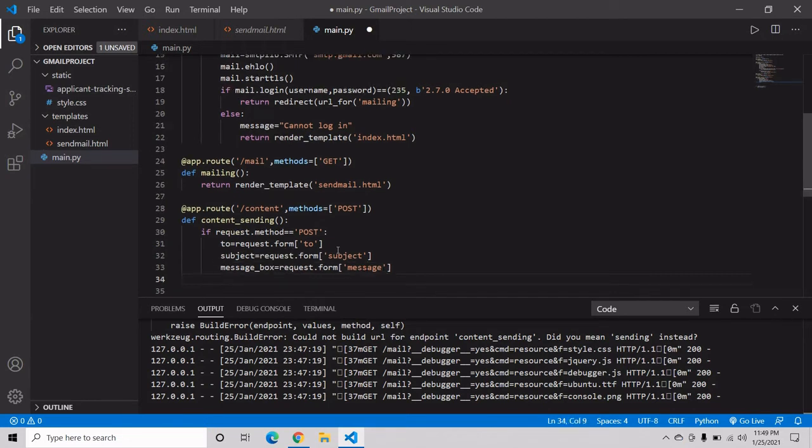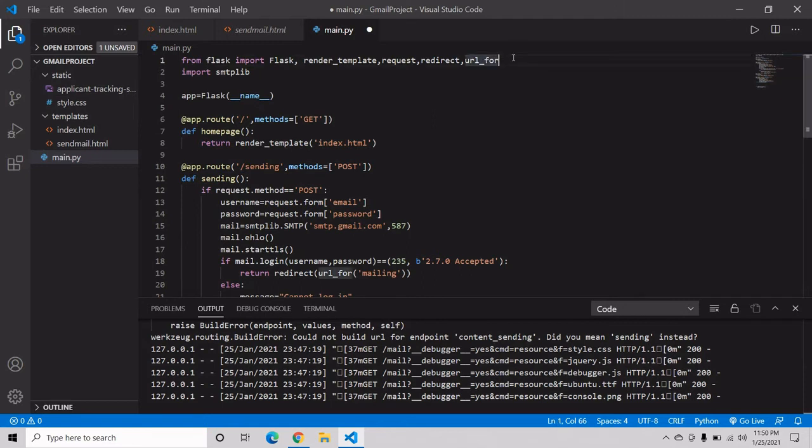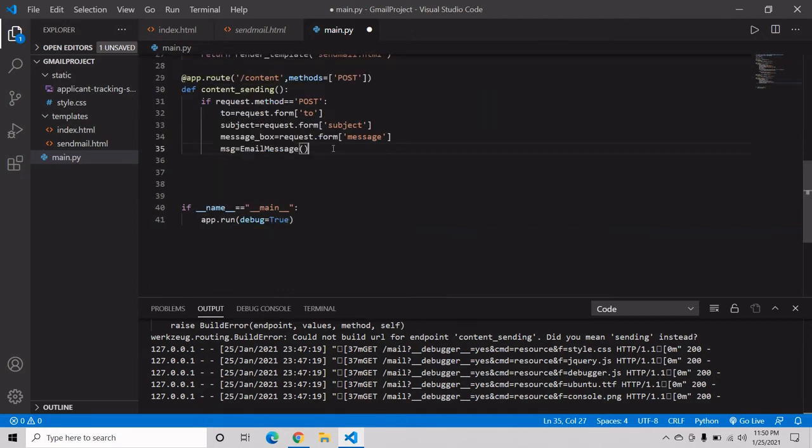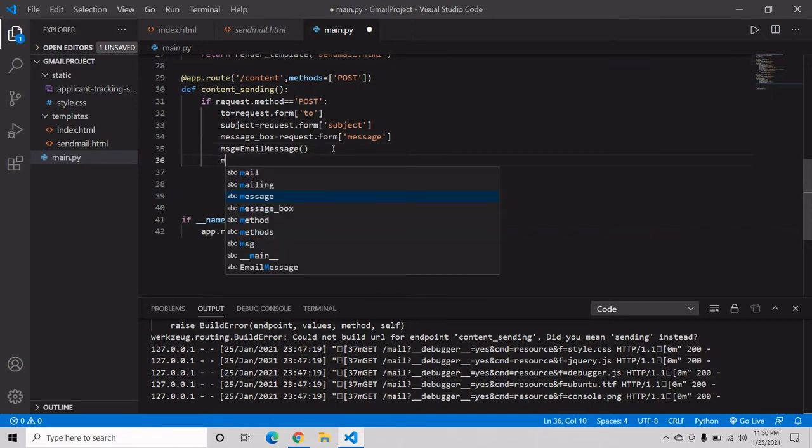Now finally, after taking all the contents, we have to set our email. Now we have to import this library also. So I think it was from email dot message import email message. Yes, so it should be our message.